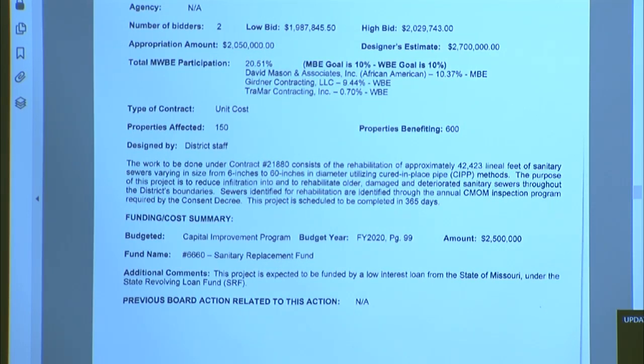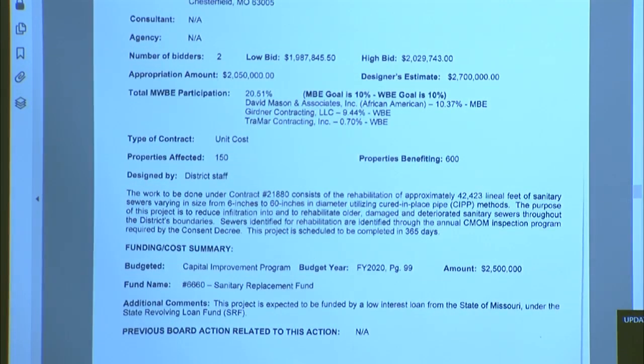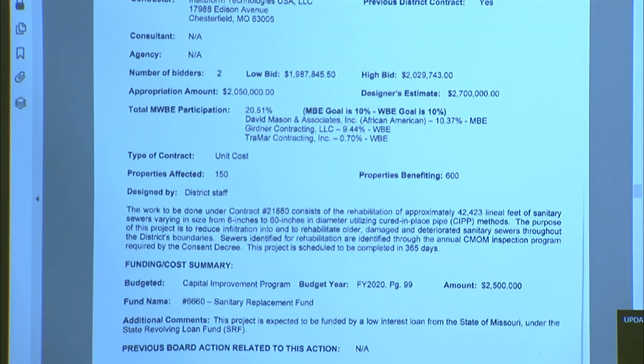The district received 2 bids for this work. The low bid was from In Situ Form Technologies USA. The bid was below the designer's estimate, and our appropriation of $2.05 million is below our budget of $2.5 million for the project. In Situ Form has committed to 20.51%